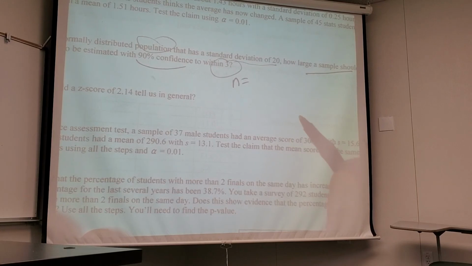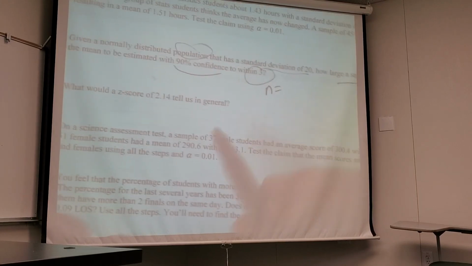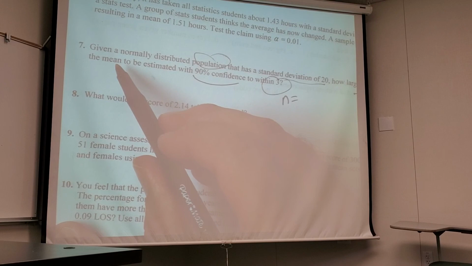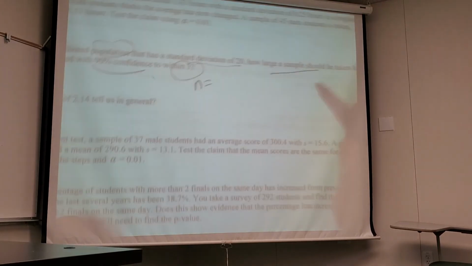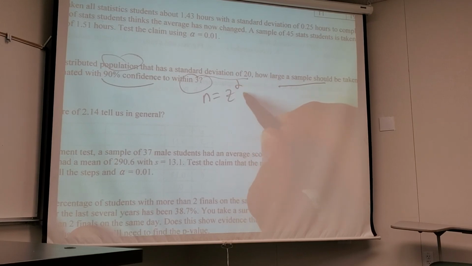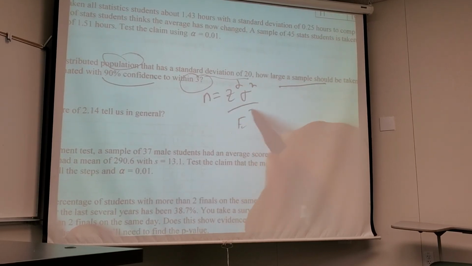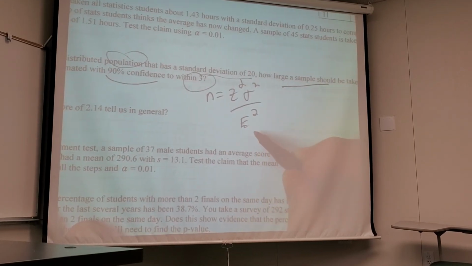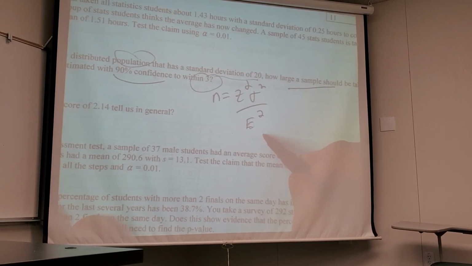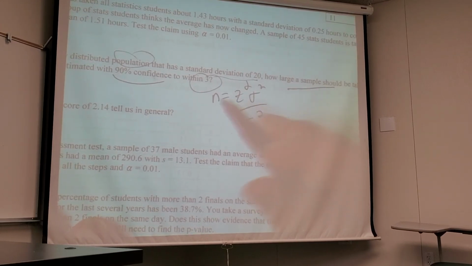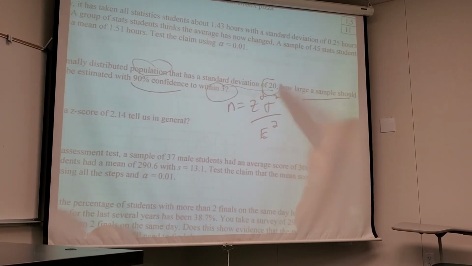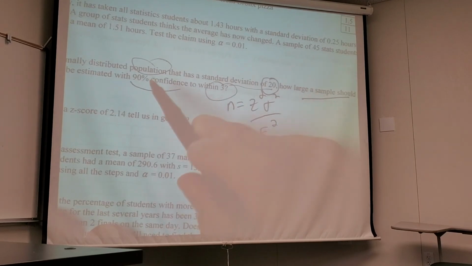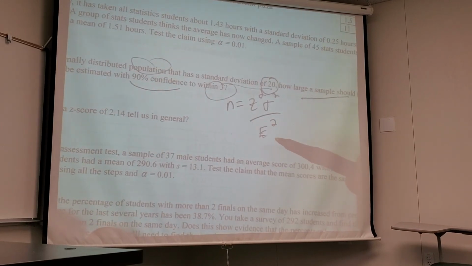Number 7? It's z alpha over 2 squared, sigma squared, over E squared, right? Because they tell me E. What's E? They just tell it to me: 3. I want to be within 3. I want my error to be 3. They tell me sigma. How do I know this is sigma? Population. Freaking population, yeah. And then how do I figure